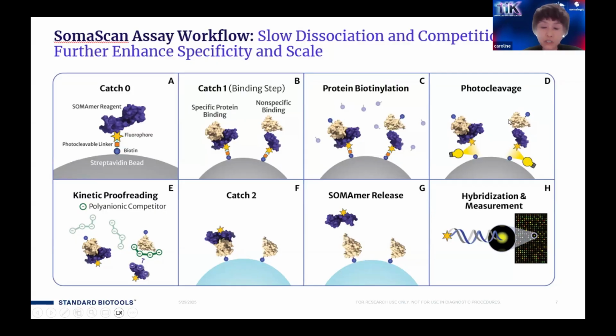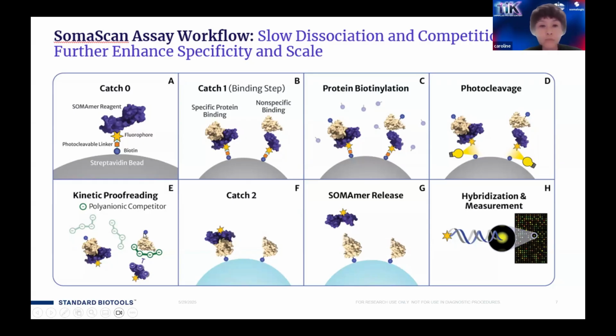Then during this cleavage step, in image E, we also add another level of specificity to our assay, which is by adding the poly-anionic competitor shown in green here. This poly-anionic competitor is again single-stranded DNA, but it is not selected for any specific protein, so it has a very low binding affinity to proteins. The aim is to act as a competitor to the SomaMer reagent to bind to those non-specific proteins that have been released into the solution, to prevent these non-specific proteins from rebinding to the SomaMer reagent,